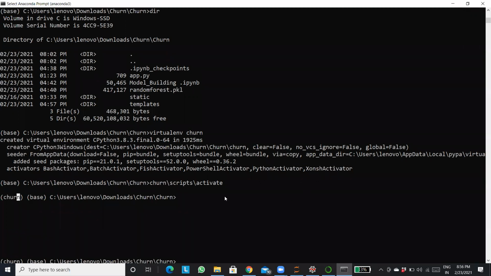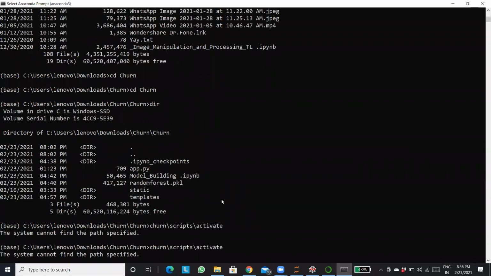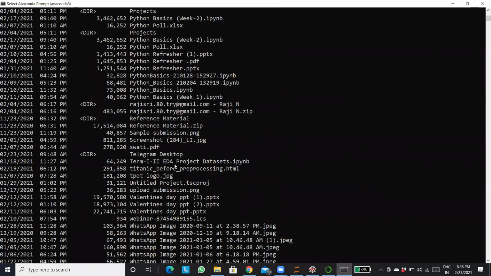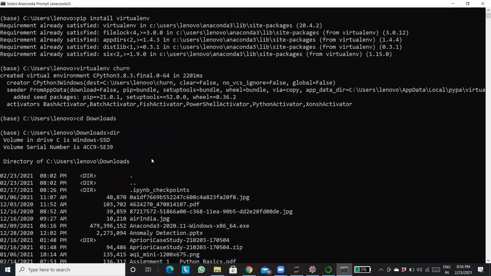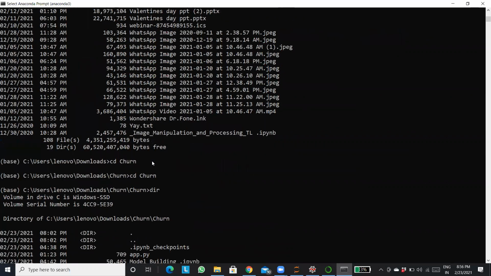Got it, right? Why? Because the environment was created outside that particular path. The virtual environment was created, but it was out, in that particular folder in which you want that environment to work, right?